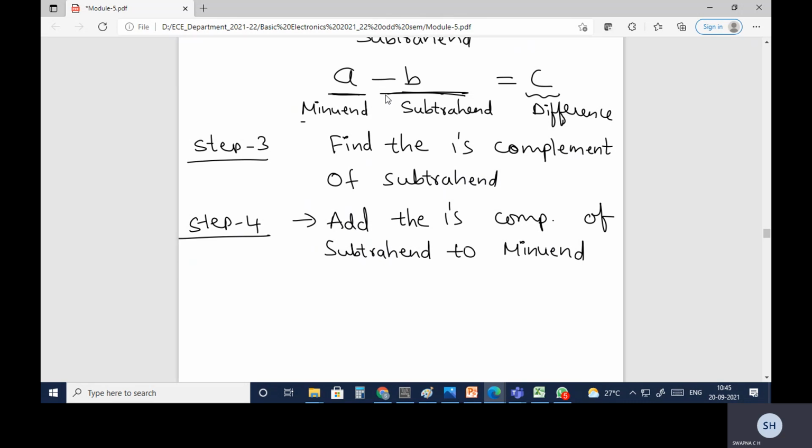So once you get the ones complement of the subtrahend, you need to add that to the minuend.